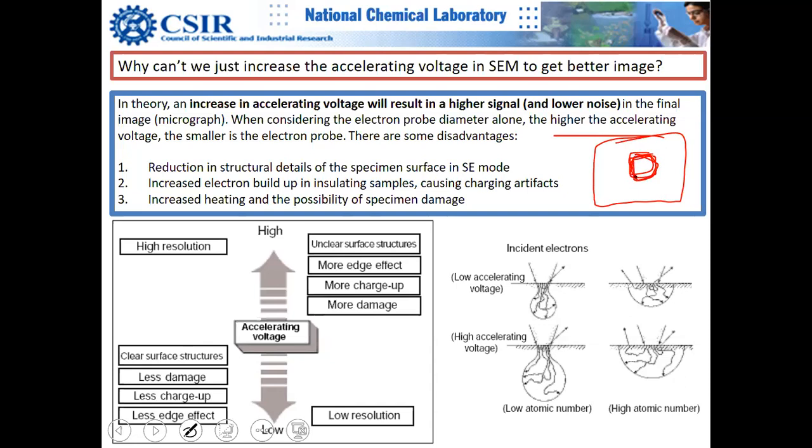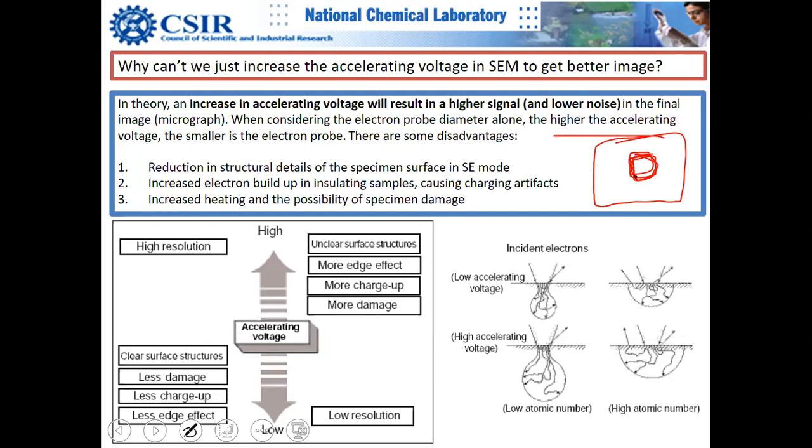You can see that this area has been imaged earlier. It will show up in the topography. That means there is some damage or some charging in this area. When you zoom out, you can clearly see that this area has been imaged before. That's the reason you need to fine tune with the help of the operator.